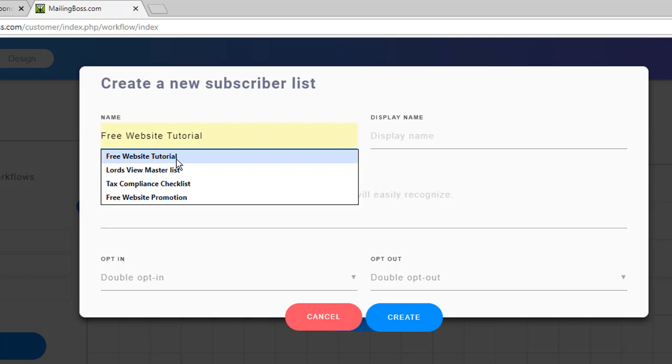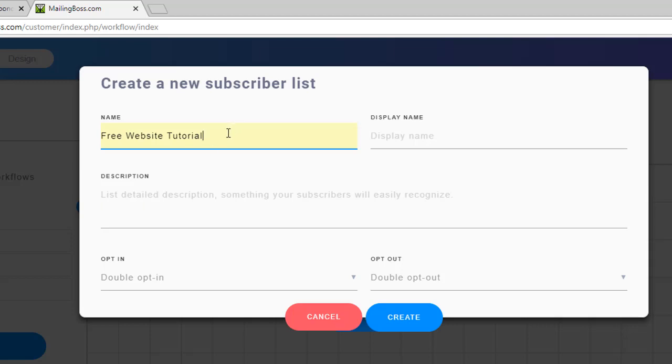You can see I created this before, so luckily for me it's sitting there in my memory. So I'll just click on free website tutorial. What I'm going to do is copy and paste that across to the display name, because I want that to be the display name in any event, because it makes a lot of sense. And just for brevity for now, I'll just pop that into the description. Of course, you can put anything that you want into the description. You can put a little bit more detail in there than I'm doing now, but as this is just for tutorial purposes,